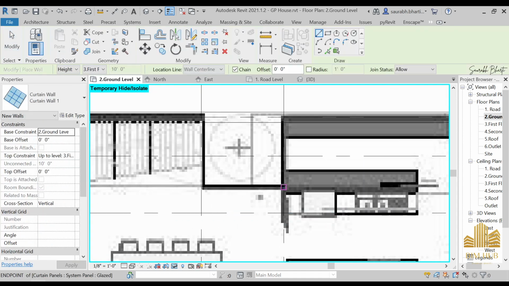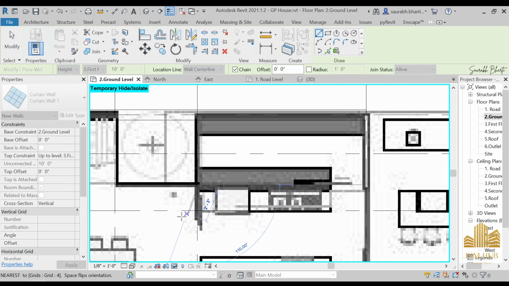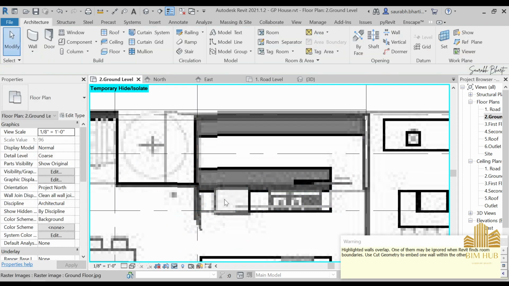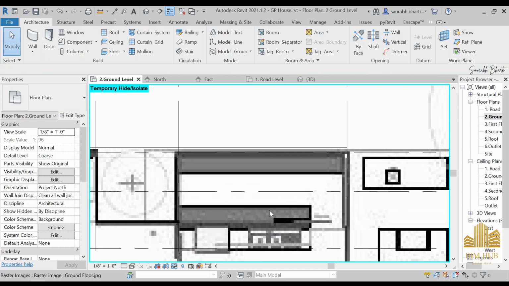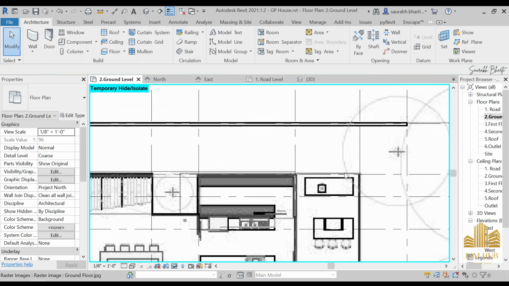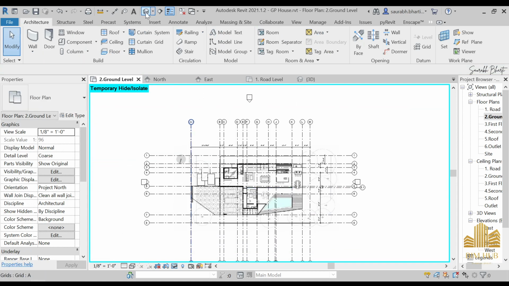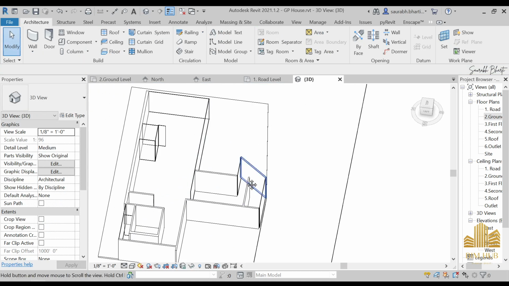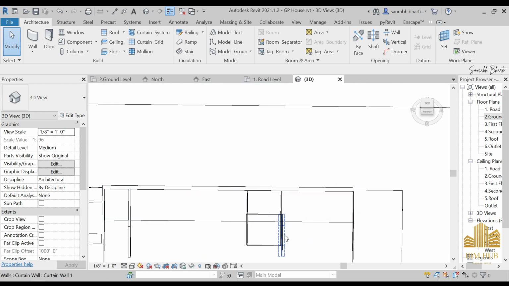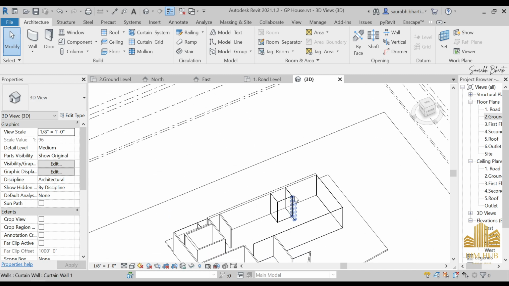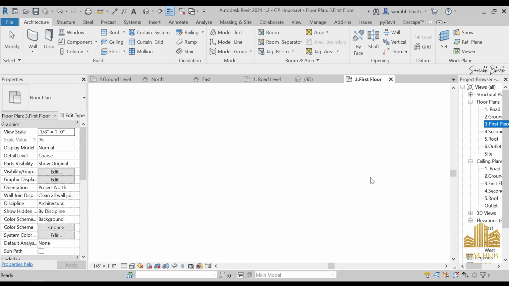Then again select wall, and just make a wall from here. And we don't have a wall, we have a kitchen, so we are going to keep it. And then this is the outer portion, so we are going to keep it like this. And now just see the 3D view, and now we have it. Maybe we need to make some changes later on, so I just align this portion, and then just go to first floor,